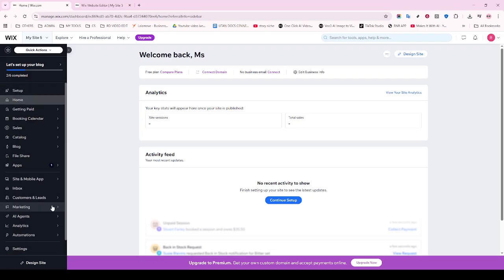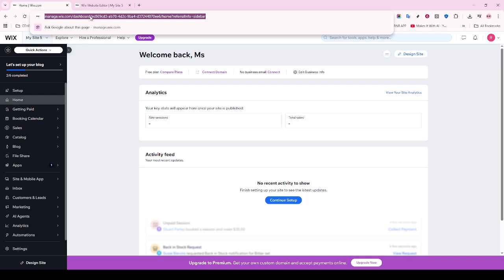Now that your website is open, you'll need to focus your attention on the browser's address bar. This is usually located at the top of your window and contains the URL of your website. Go ahead and click on the address bar. This action will highlight the entire URL, making it ready to be copied. The address bar is an integral part of sharing your site because it holds the unique address everyone will need